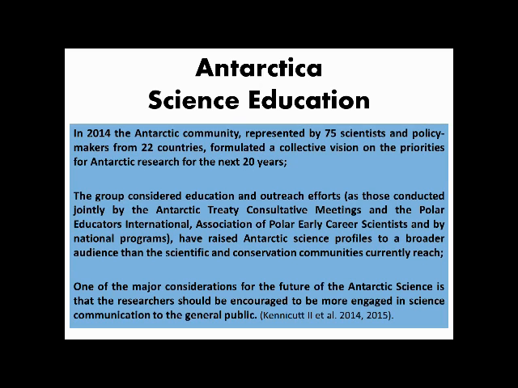Last year, the Antarctic community, represented by 75 scientists and policymakers from 22 countries, formulated a collective vision on the priorities for Antarctic research for the next 20 years, and the group considered education and outreach efforts, conducted jointly by the Antarctic Treaty Consultative Meetings, the Polar Education International Association of Polar Early Career Scientists, and national programs, have raised Antarctic science profiles to a broader audience than the scientific and conservation communities currently reach. One of the major considerations for the future of Antarctic science is that the research